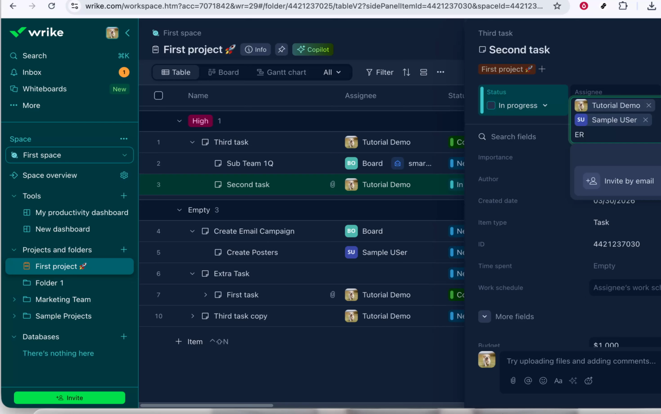A menu or drop-down will appear, showing a list of users and, depending on your Wrike setup, any teams or user groups you've already configured. From here, start typing the name of the team or group you want to add, or scroll through the list until you find it. When you see the correct team, click on it to add them as assignees to this